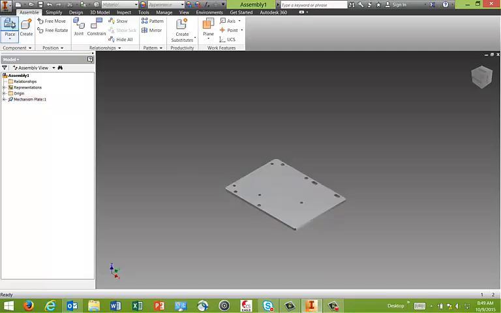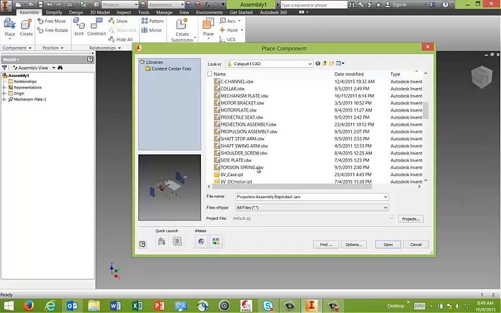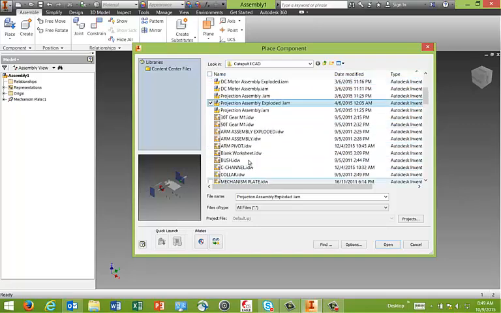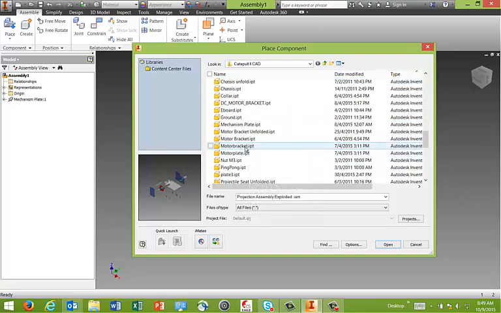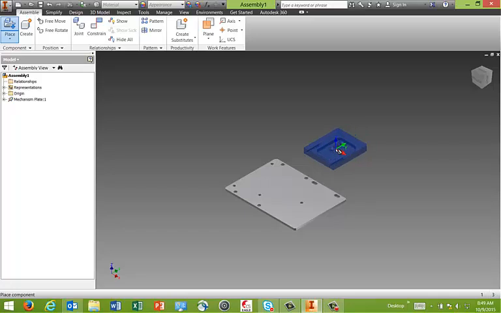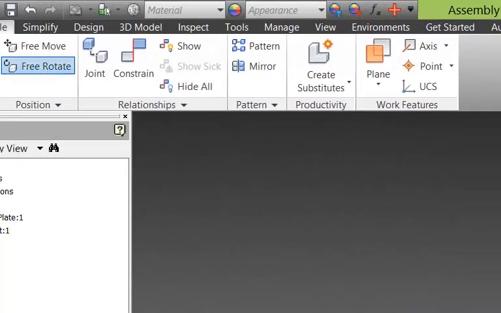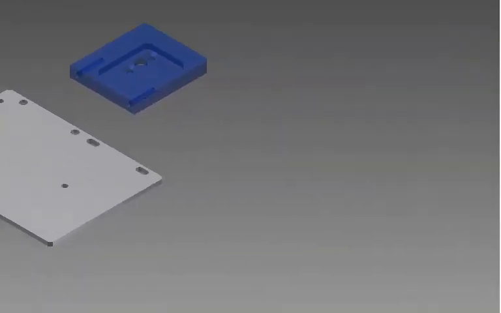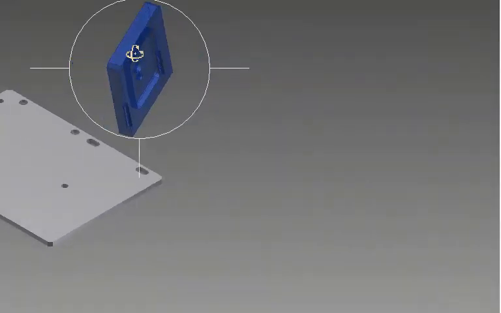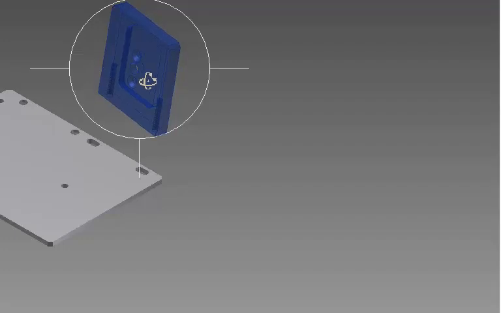The next thing to place would be my motor plate. Let me find it, motor plate, or motor bracket, not this bracket, this one. And you would notice that the motor bracket is parallel to the mechanism plate. To make your assembly easier, click on the free rotate under position and select and rotate it so that it is perpendicular to the